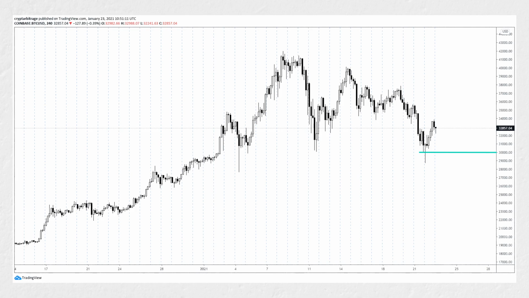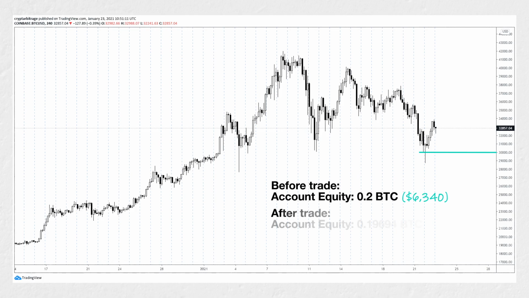Well, when we bought the put option, we had 0.2 Bitcoin in the account, and the Bitcoin price was roughly $31,700. This meant our account was worth about $6,340. We spent 0.00306 Bitcoin on the put option, which was worthless when it expired, leaving us with 0.19694 Bitcoin in the account, a small loss in Bitcoin terms. With a Bitcoin price of $32,889.75, using the delivery price when the option expired, this left our account worth $6,477.31,